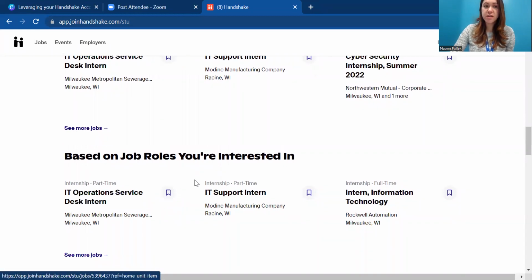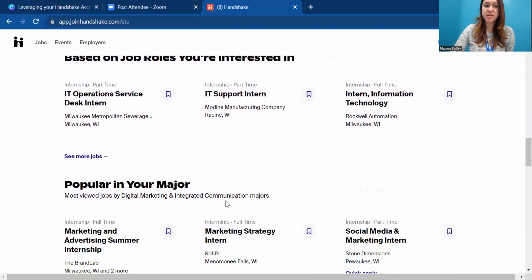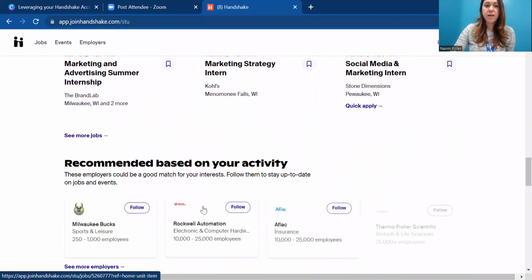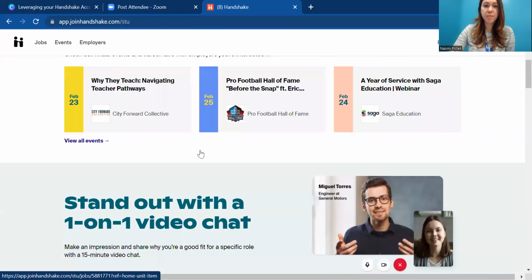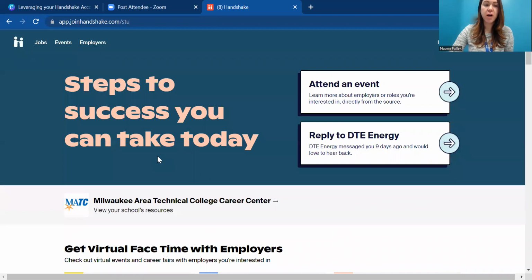Based on the job roles that I have selected in my profile, here are some things they said I might be interested in. And then there's also recommendations, again, based on activity. So as you can see, some of the things I said where the system starts to follow along with what you're doing. So I'm going to scroll back up, and I'm going to now show you how you would search